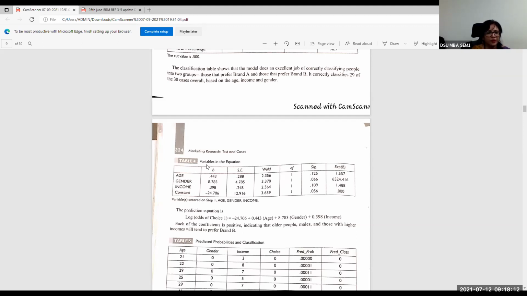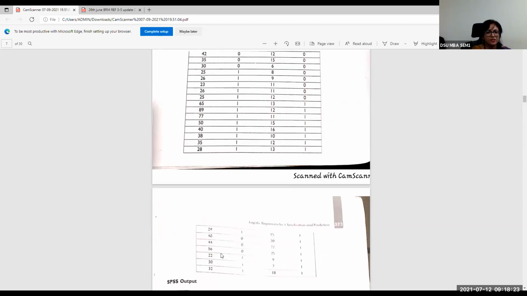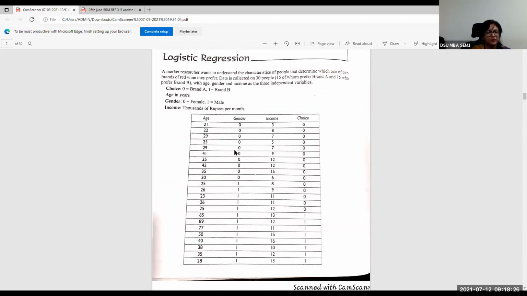In this case, you're going to pick out the variables in the logistic regression equation in the form of certain constants and the coefficients of income, gender, and age. Now let us quickly look at what is the independent variable here. Independent variables happen to be age, gender, income, because choice is your dependent variable. You want to find out the probability of a person choosing brand A, category 0, or brand B, which is categorized as 1. So the probability of the choice is the dependent variable, which is on the left side of the equation, and on the right side of the equation would be the independent variables and their coefficients.